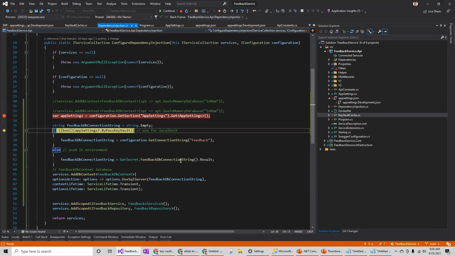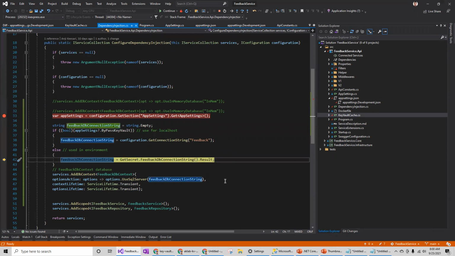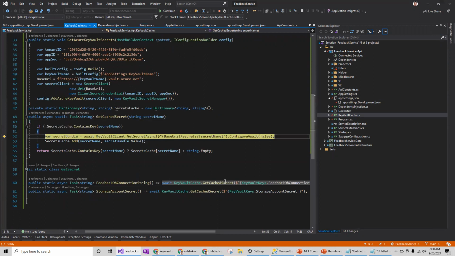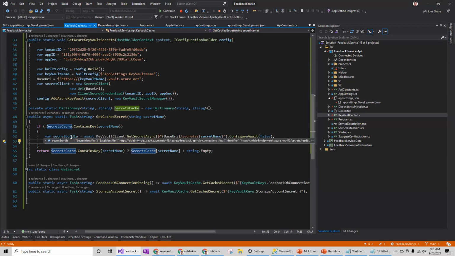Let me read it from the Key Vault. Now bypass is false. That means I'm getting the key from the Key Vault. So let me go to the Key Vault, get the secret, and my key name is feedback API DB connection string. And now it is taking some time because it has to connect to the key vault and get the key before storing it in the static variable.